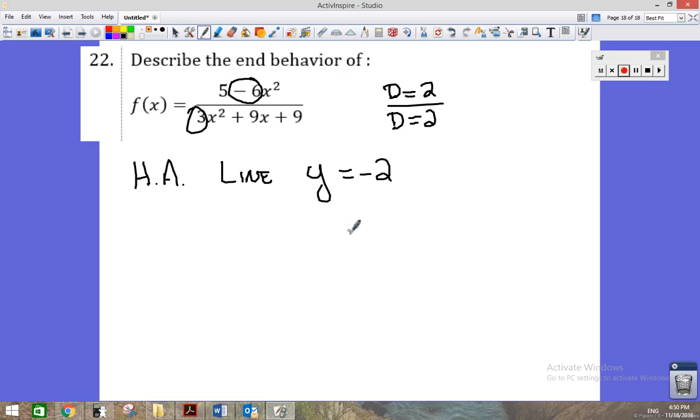Alright, so the end behavior is a horizontal asymptote. It's the line y equals negative 2. So as this graph gets very, very far away from the origin, either to the left or to the right, the output of the function, the y value, is going to get very, very close to negative 2. So as x is going to negative infinity, y is going to negative 2. As x is going to positive infinity,